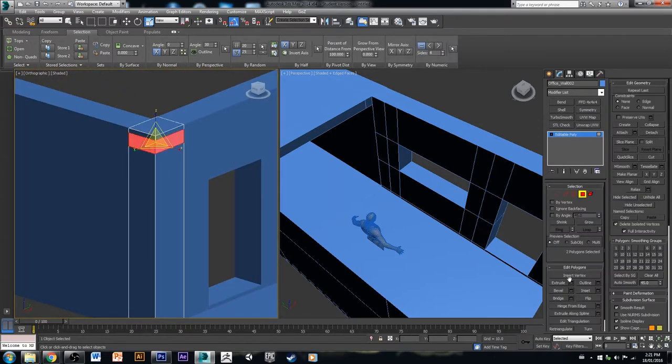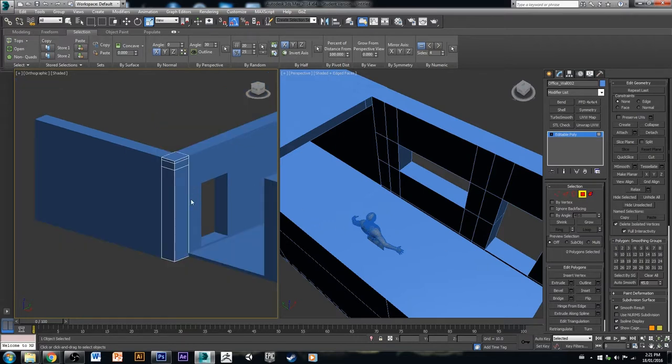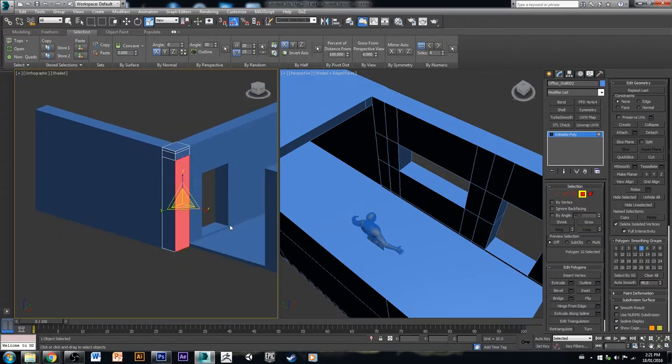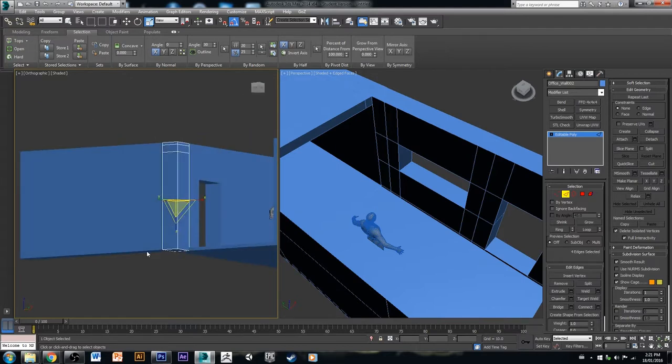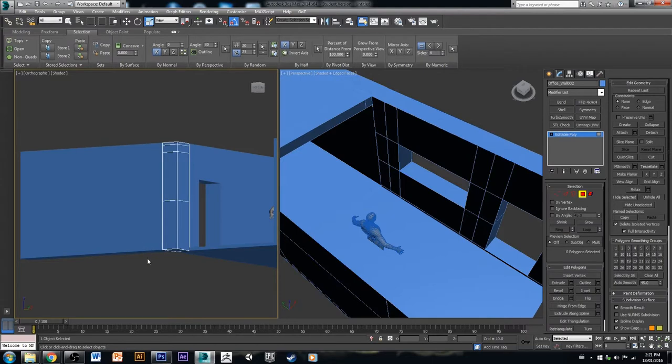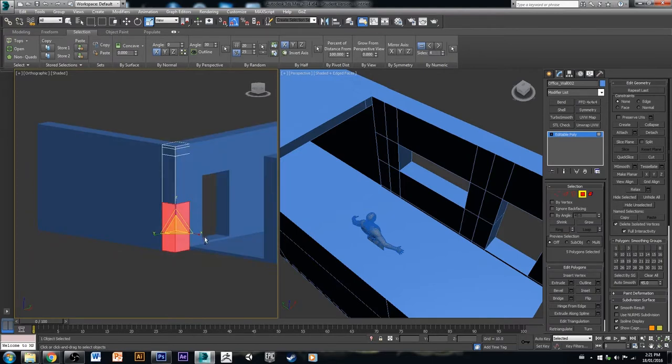Then you can select these polygons, and we could do pretty much the same at the bottom. So I'm going to say connect, put this to the default of 1. I'm going to go to faces, delete,